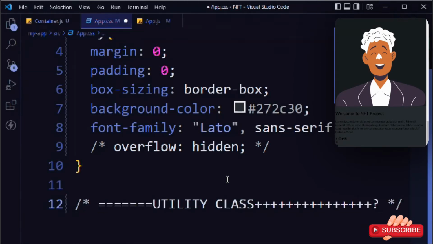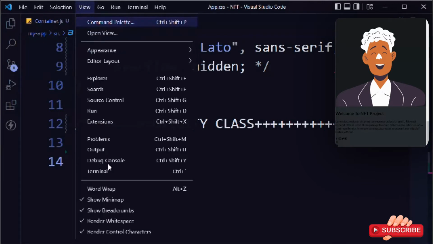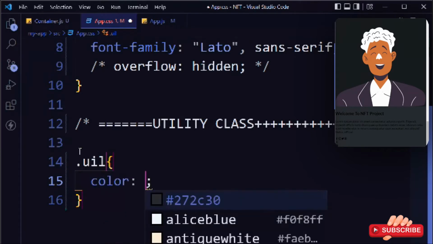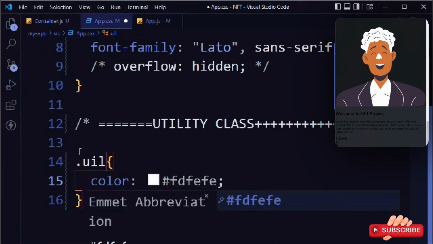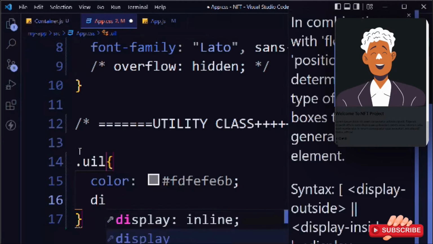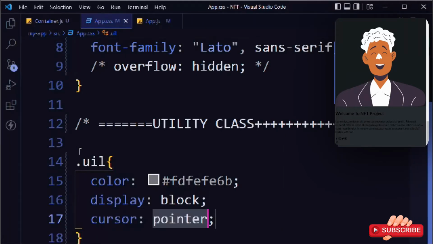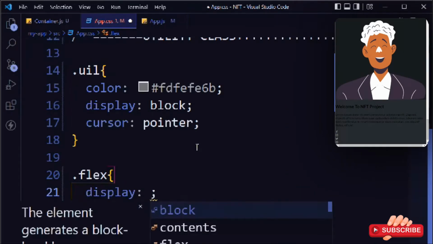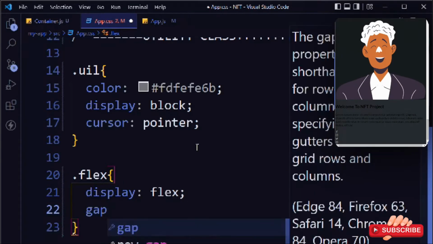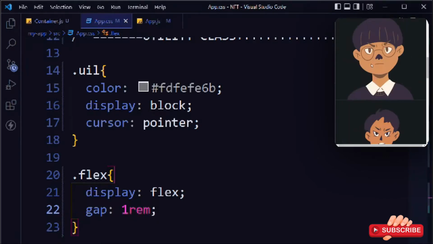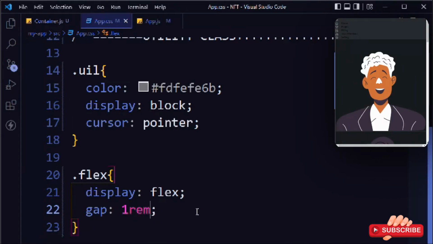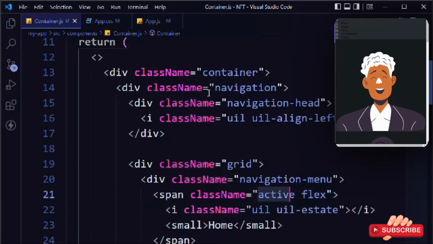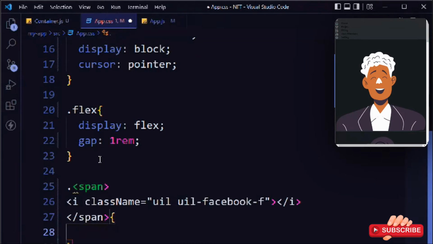Okay, so let's word wrap this. So let's target the UIL and cursor color is going to be FD, FE, FE and CB. Display is going to be block, cursor pointer. Let's get flex class and display is going to be flex, gap is going to be 1 RAM. So everything's looking good. Let's come here and let's simply grab this active class, remove this part, active,